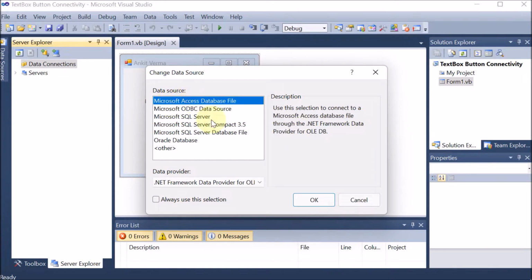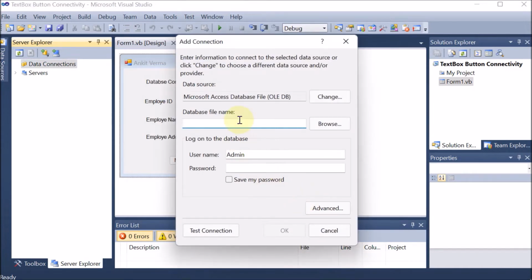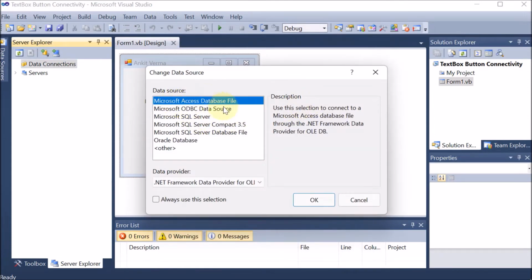In our project, we have taken Microsoft Access as a database. So we are going to select the Microsoft Access database file. Afterward, click on OK. We can see that Access is the part of OLEDB, Object Linking and Embedding databases. As per your database, you have to take the connection because our first step was creating database, which we have created into some specific type, let's say Access. And second is the create connection. Connection will be the same as the database type. So here Access is the same type.